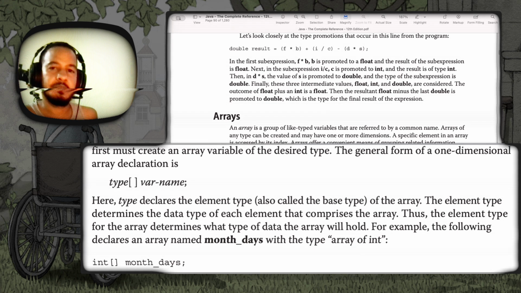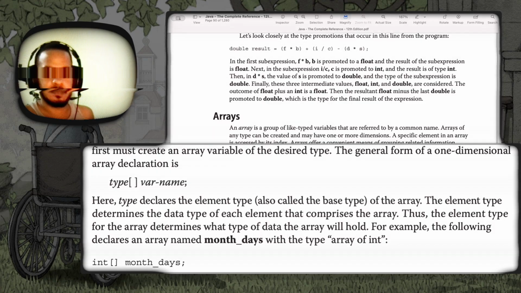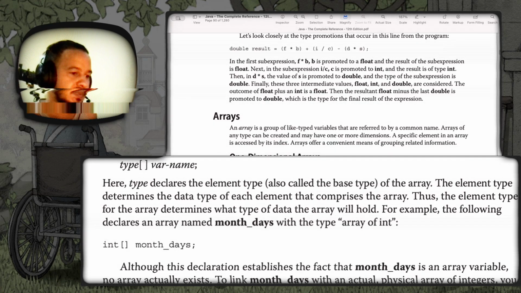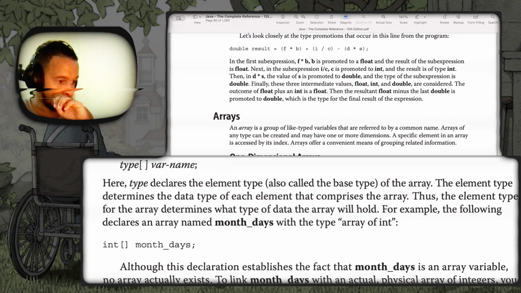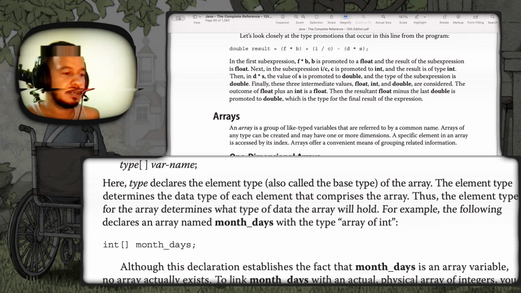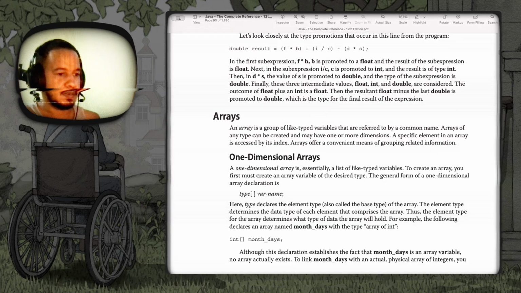So that means that every month day that is housed in that array must be of type int. And there is the declaration of the variable for the array: int[] month_days;